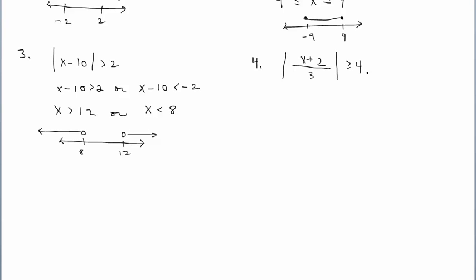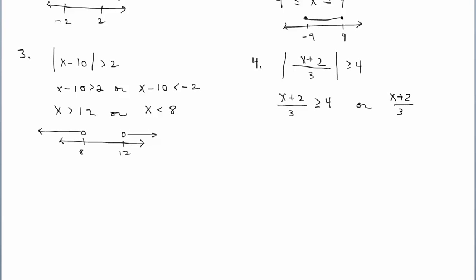Right, our absolute value is already isolated. You'll see what I mean in just a minute. It's already by itself. I didn't have to add or subtract or divide out anything to isolate the absolute value. So we have the greater than symbol, just like in example 3. So it's going to be another or statement. So remove the absolute value, keeping everything else the same, or